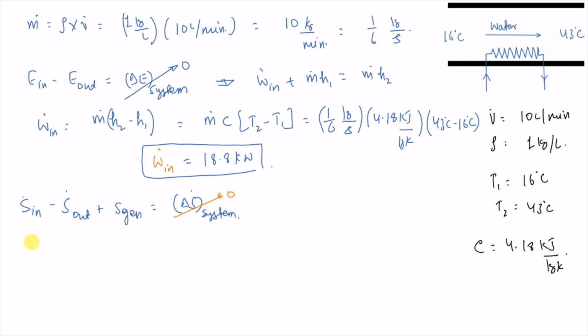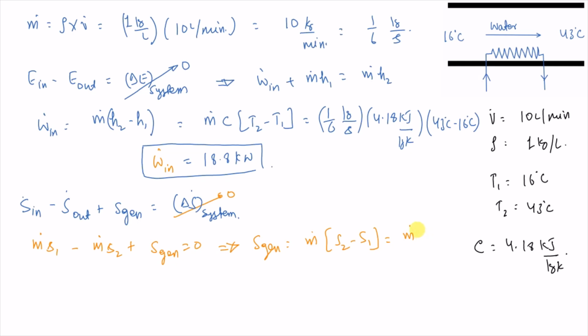So we have m dot s1, out we have m dot s2, plus entropy generation is equals to 0. From here entropy generation will be equals to m dot (s2 minus s1),